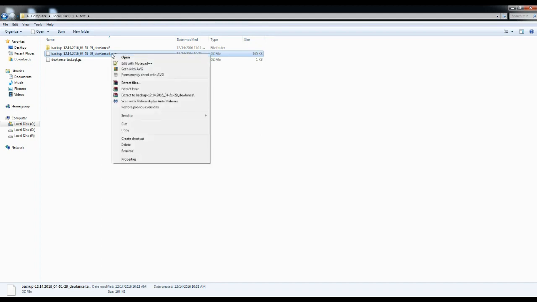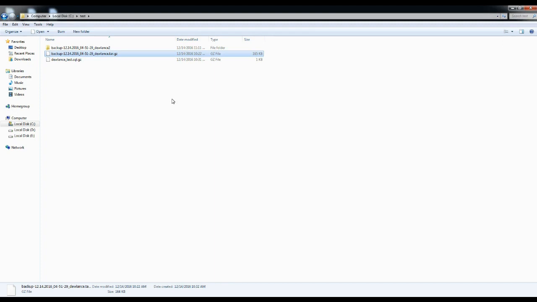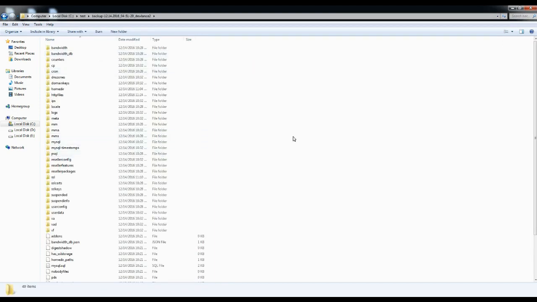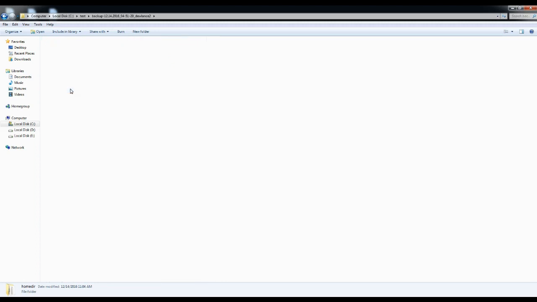So extract it to the same folder. Open it. We need to restore the backup of the home folder. Okay, here is the home directory. Open it. This is our home directory.